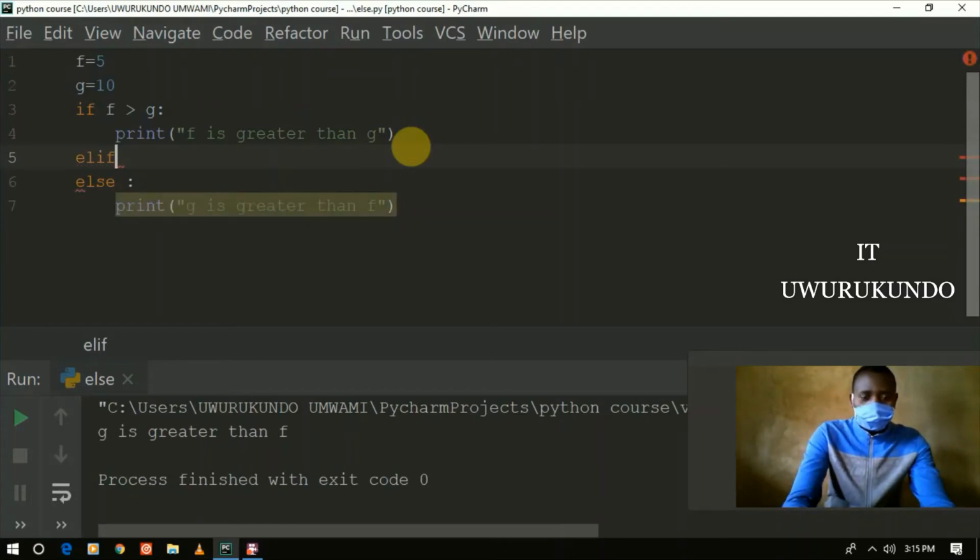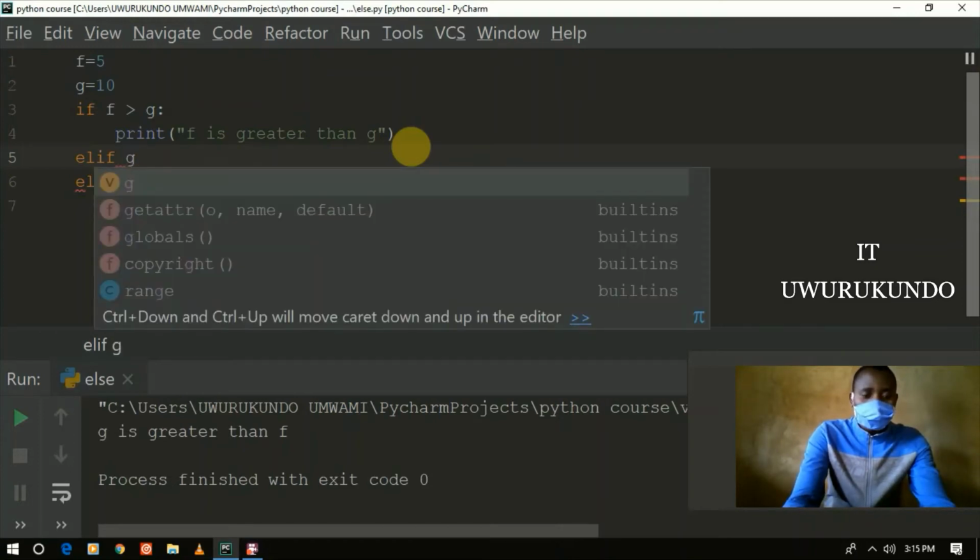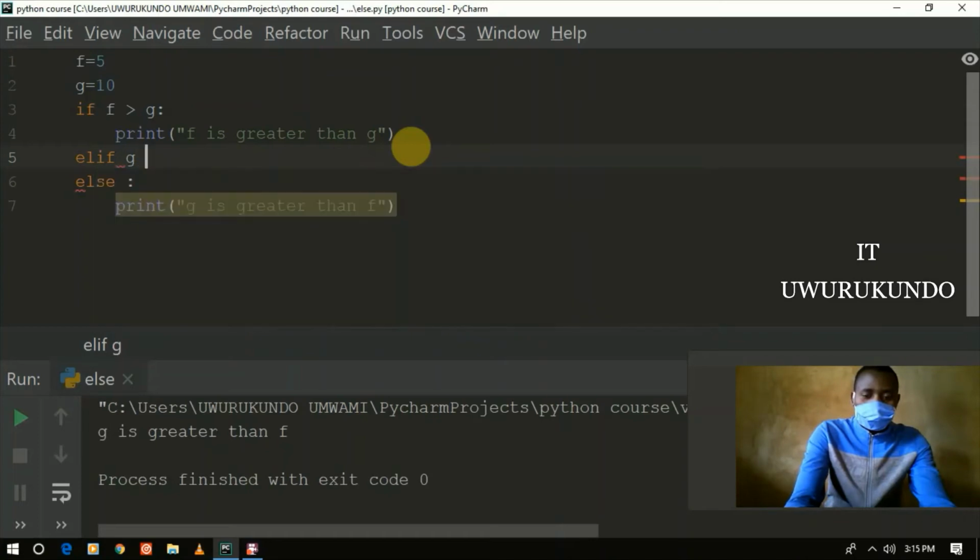Elif g is greater than f, or if g is greater than f,